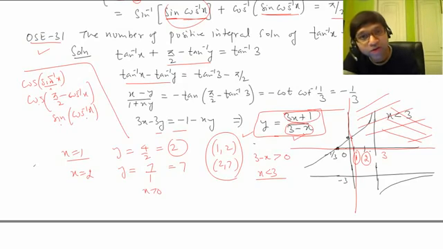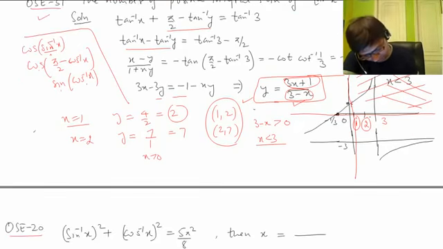So denominator should also be positive for y to be positive, right? As numerator is positive for positive values, denominator should also be positive, and denominator can only be positive when x is less than 3. So again we come to the situation where x is less than 3 and x is positive, and we have two options left, x equal to 1 and x equal to 2, and both of them